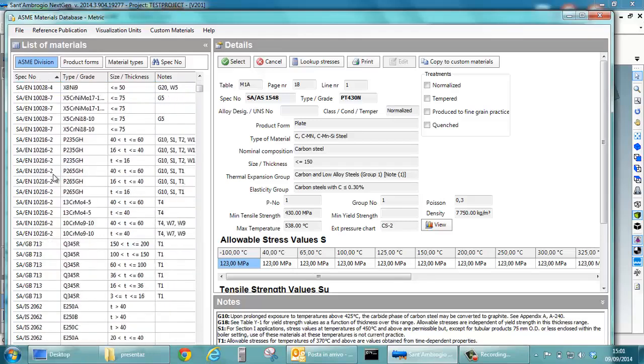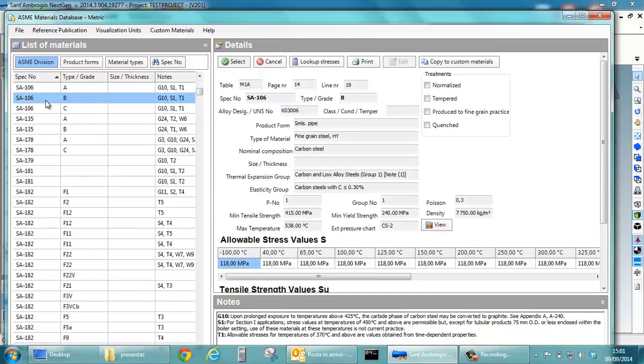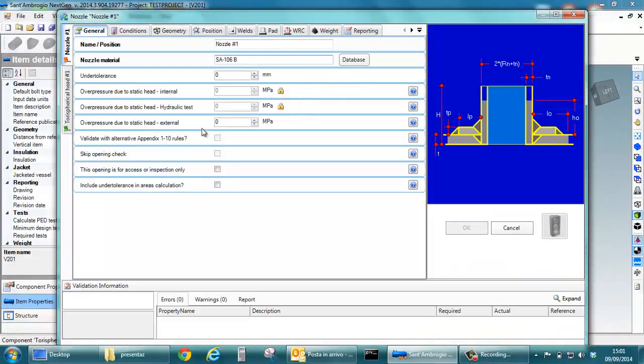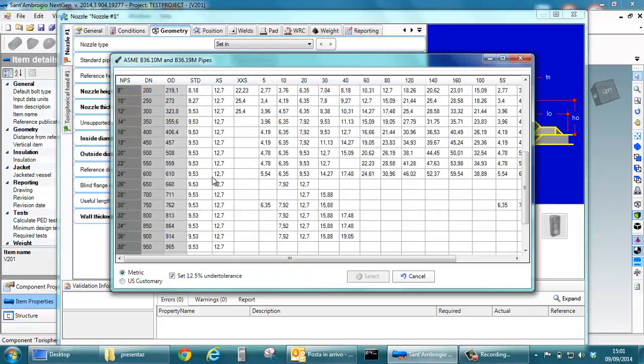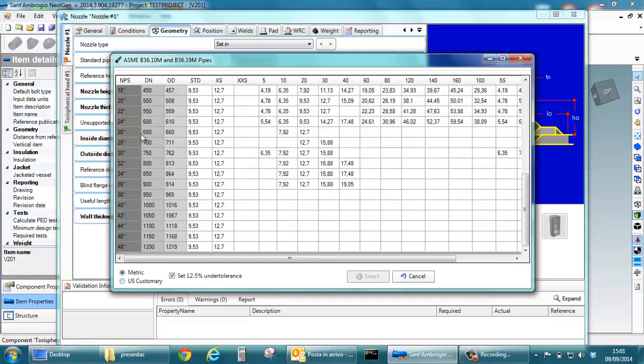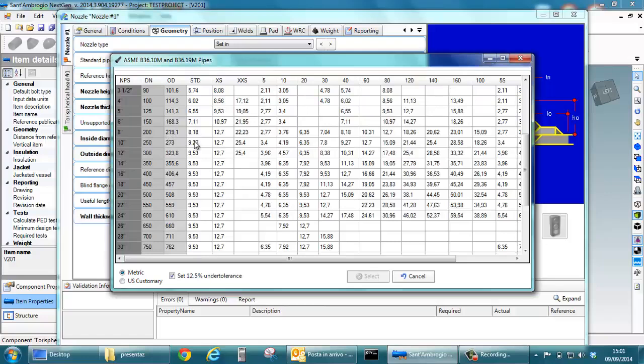Specification number, which we know already will be an SA106 grade B, and the under tolerance will be fixed automatically when we choose, in the pipe database, say, a standard nozzle, say, of 250 to 273, a 10-inch nozzle, standard